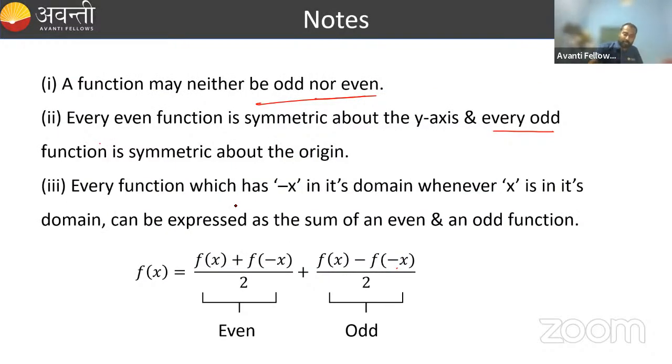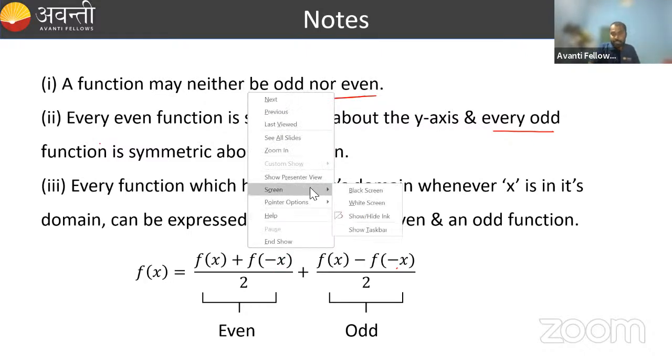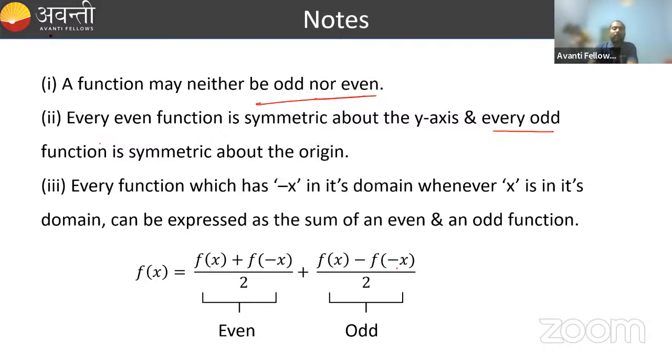The graphs of even and odd functions always follow some specific way. Suppose even functions, always remember, the graphs of even functions